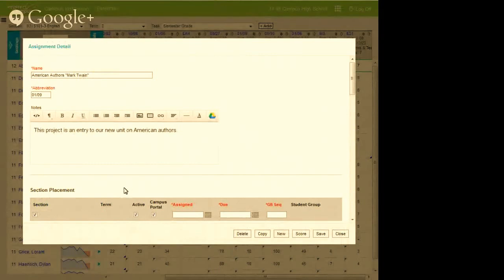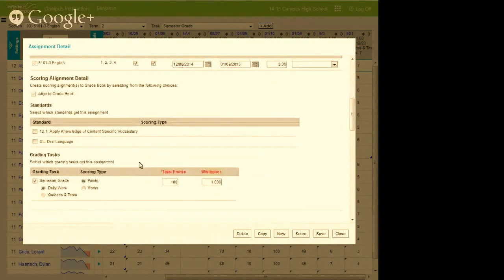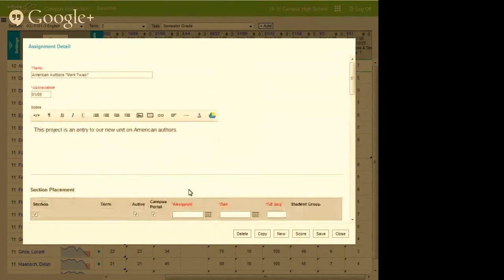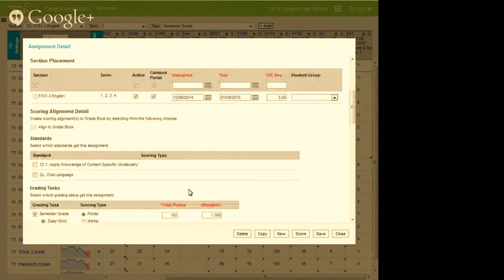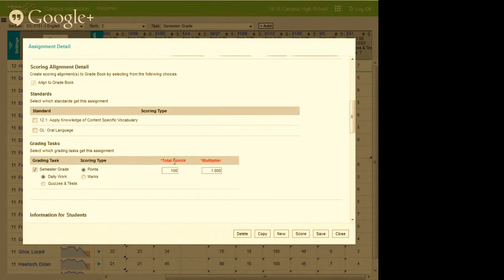By the way, teachers can roll forward their assignments every year. So if I take a lot of time and this is a great assignment and I made a PowerPoint for it, I'm probably going to want to use it year in and year out. So, name, required, abbreviation, which classes is it going into? So, picture me as a secondary teacher with 5 English sections. I do it one time. Click here and it's applied to all of my sections. This is a question from the report.